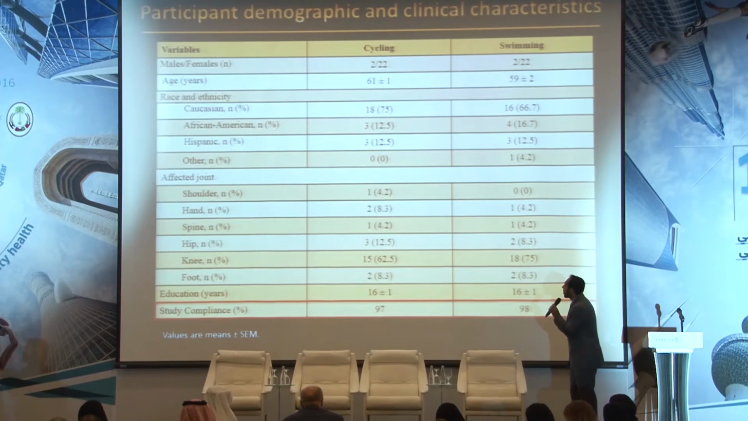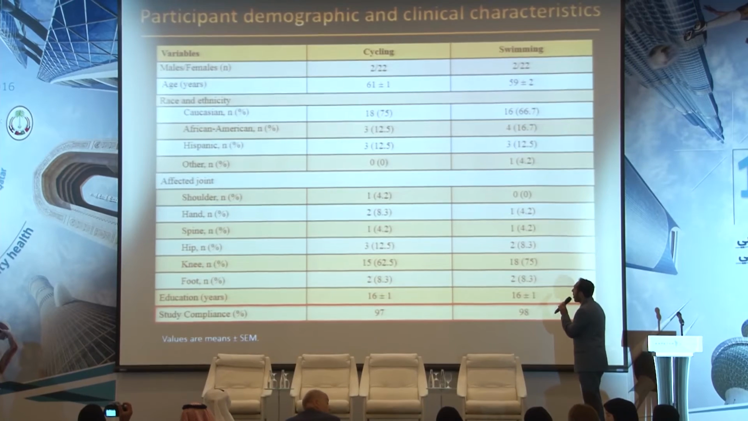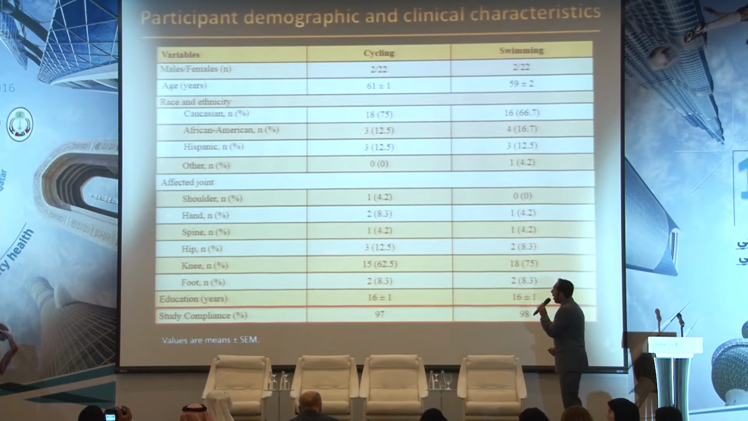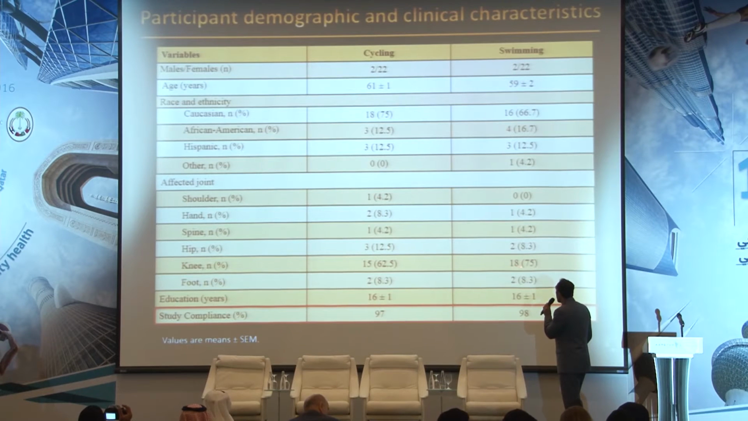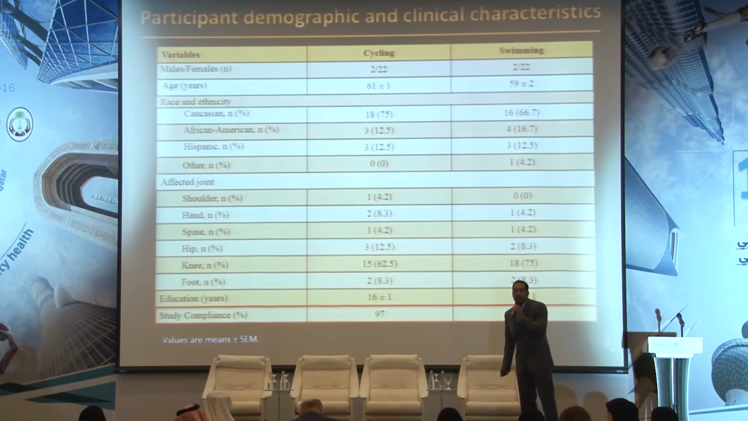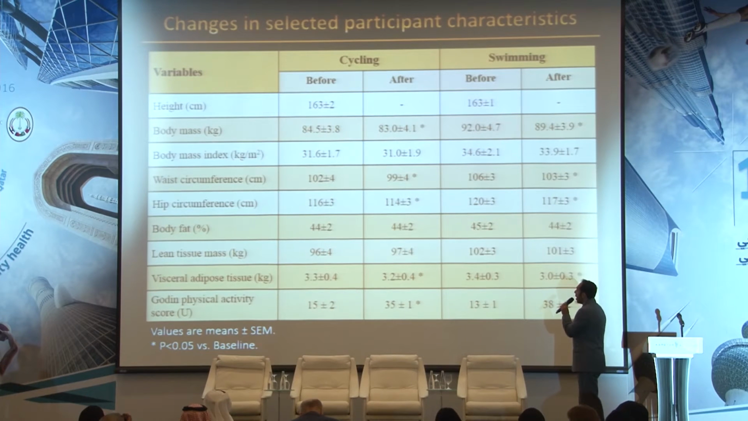For the results, most of my participants were female. They're old. Most of them have knee osteoarthritis, which is 60% in the cycling group and 75% in the swimming group. For compliance, it was 97% for cycling and 98% for swimming, meaning that they almost attended all exercise sessions. For the change in selected participant characteristics,